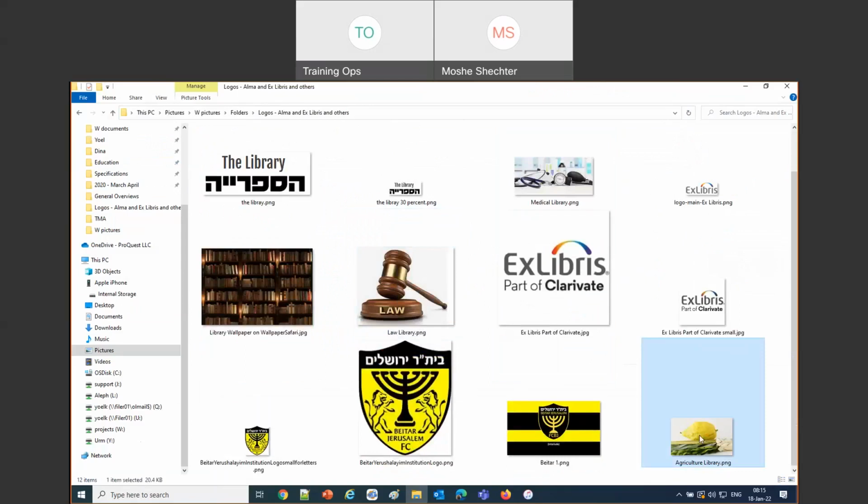This is a citron, also called an etrog, and a type of palm branch called a lulav. We're going to use that for the agriculture library. And this is my institution logo already. So let's see how that's done.